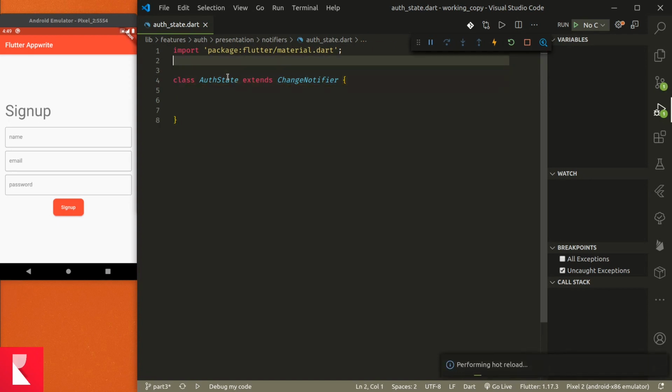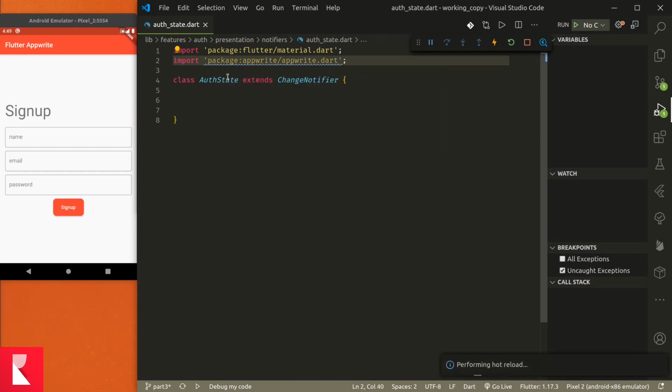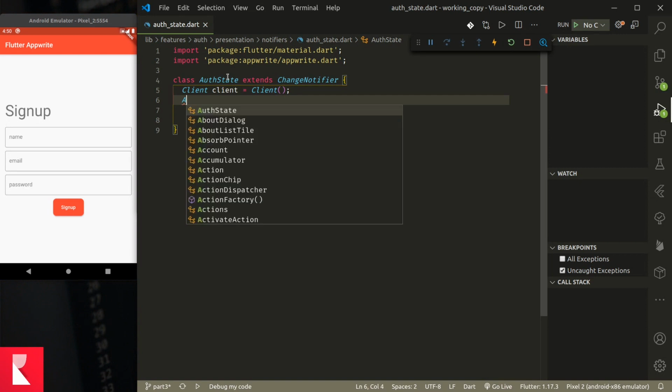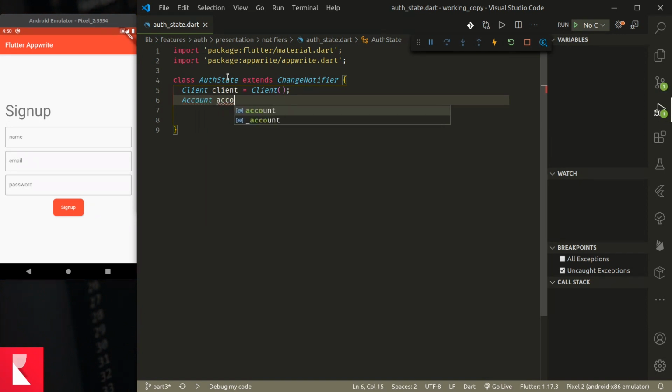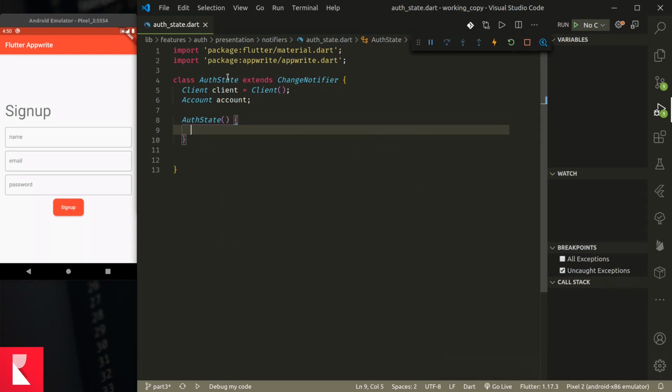Inside AuthState, first import Appwrite. We are importing Appwrite and we need to create a new client. This is the Appwrite client. And for authentication, if we go through the Appwrite API, we know that we need Account. Let's create a constructor, and in here we need to set up our client and account so that we can connect it with our